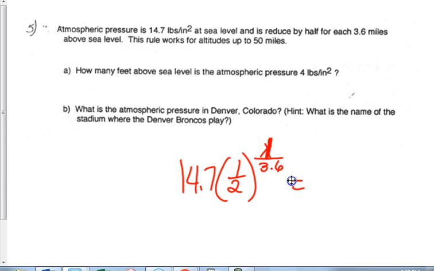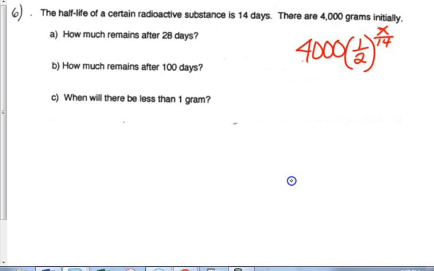All right. I'm writing this down for you. This is the half-life formula to use on number 6. Because it says every 14 days you take half. Every 14 days, so it's x over 14. Tomorrow we'll talk about the half-life and doubling formulas and put them on our little empty box on our sheet, okay? You'll have videos up for that, right? Yeah, if you're not here tomorrow, I will try to remember to tape the questions that we do, okay? Somebody help me remember who is here to